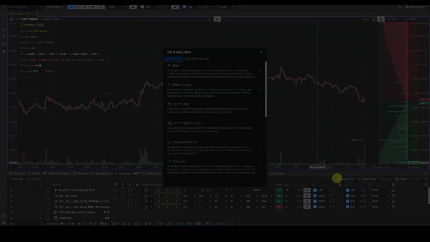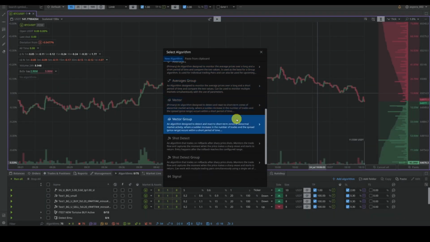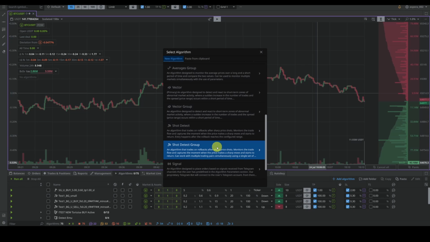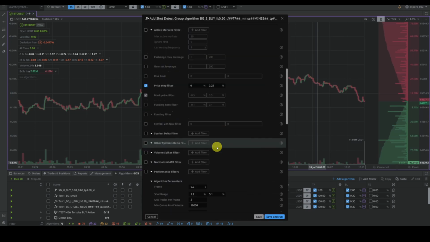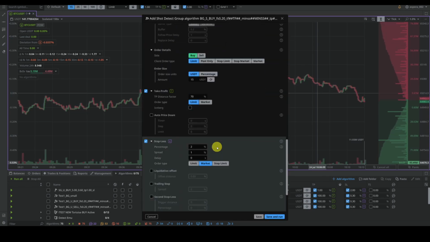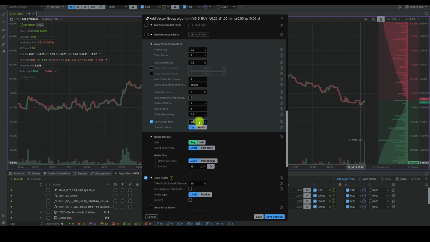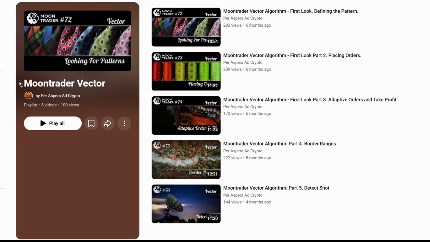Hey everyone, it is time to look at the new shot detect algorithm in Moontrader. Conceptually, it is an evolution of the detect shot mode from the vector algorithm. I have a whole 5-part series on all the ins and outs of the vector, and it may be helpful to watch those first, especially part 5, to get a grasp or a refresh of the basic mechanics involving frames